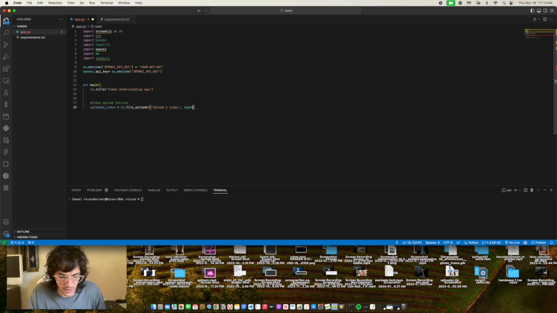We want it to be MP4, AVI, and a MOV file. All right, we've got that. Now we need to create an if statement to save the file to a temporary file. So if uploaded video is not none, then